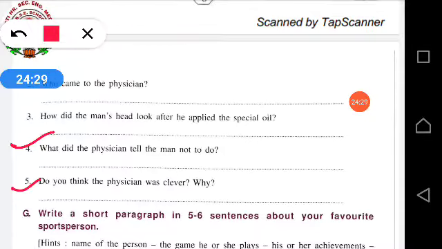And dear children, please use pencil for writing in the grammar book. And as your teacher is teaching you, on the same day you complete your work. Otherwise later on you will be having a burden.